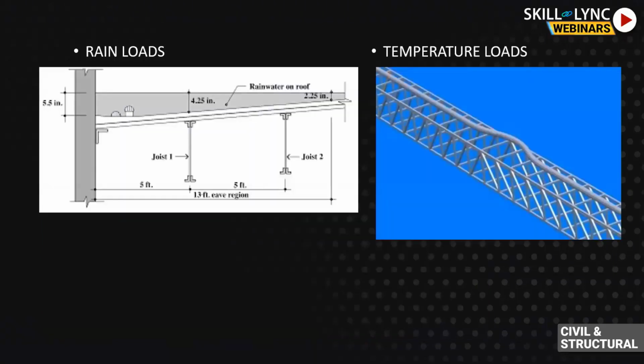And rain loads. In some cases I have seen, those are huge roofs. There is just a couple of inches, like 1 or 2 or 3 inches of rain ponding that is going to happen on the roof. But because the roof is very light gauge, it's a very efficient structure, there is not much room in there for any extra loads to come in. A couple of inches of water ponding on top of the roof can have the whole roof come down.